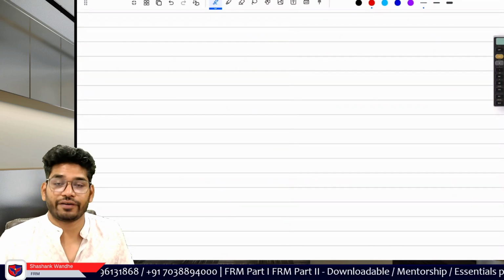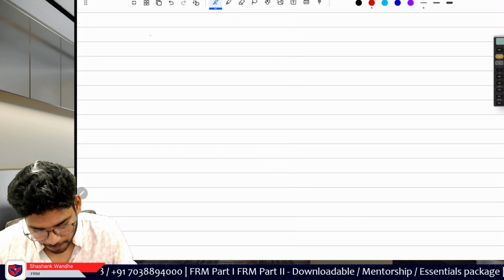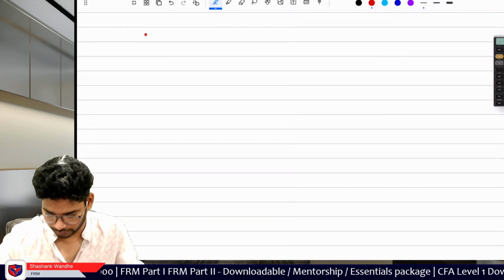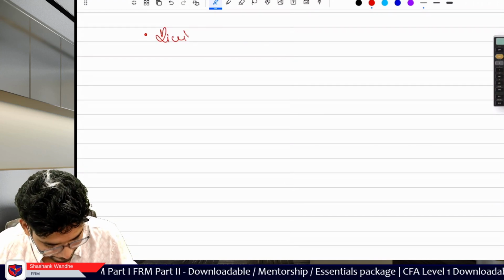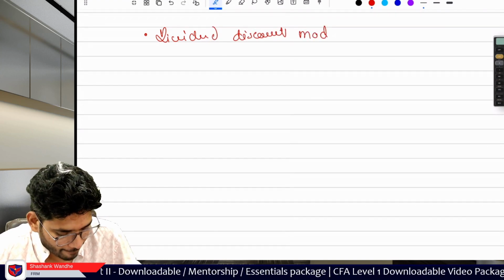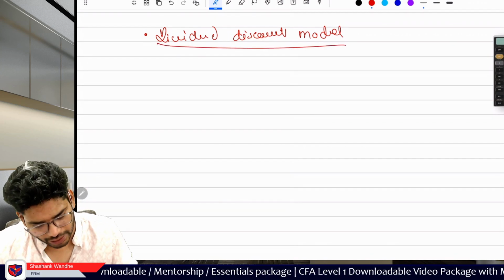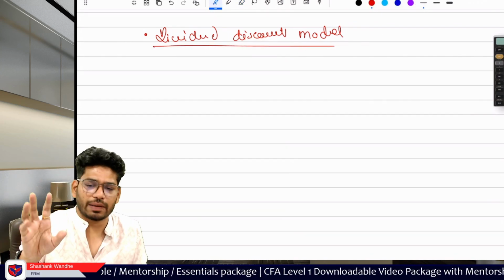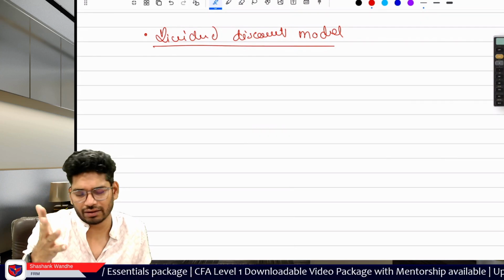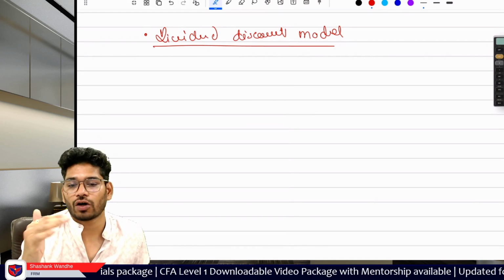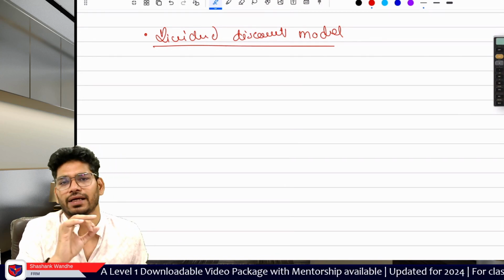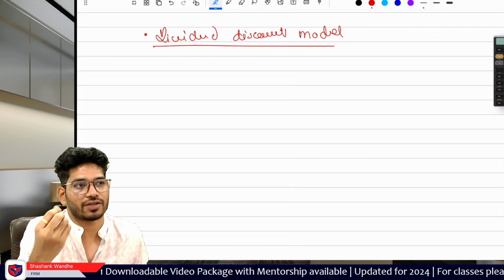Now from this point, we have a very interesting discussion. The first part is on the dividend discount model. And here I'm assuming you are aware of all the fixed income concepts, the bonds concepts and everything. So ideally you should prepare this chapter after you are done with most of the curriculum. Okay. Now here we have the concept of the dividend discount model. Now the dividend discount model is pretty simple and straightforward. Okay. There is nothing special in this model.